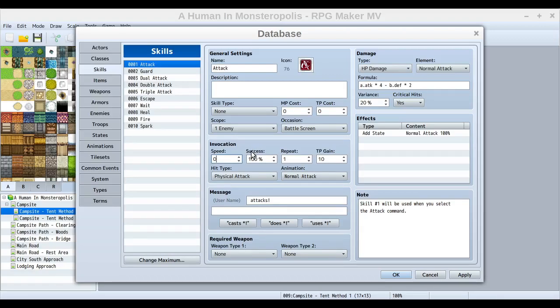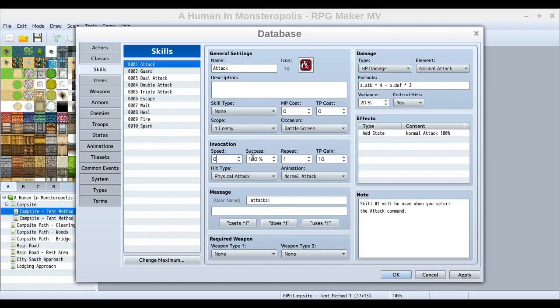Your success chance here, I'm guessing, is the probability that the use of the action succeeds. So if you want your attacks to 100% go through, they may miss or whatever, but this is the success rate versus a failure rate, like, oh, you failed to attack. Which is kind of a weird thing for an attack. You probably wouldn't do it that way, but for some of your abilities, like maybe heal, oh, it failed. That'd be kind of rough putting it on a heal skill, but you get the idea.